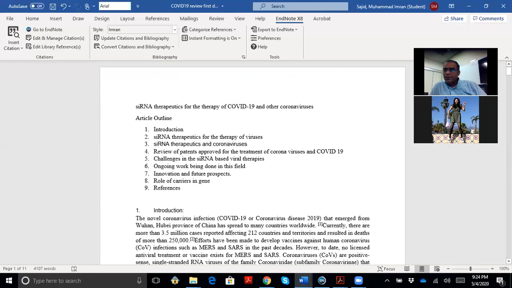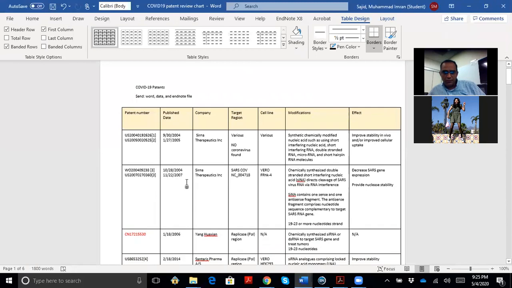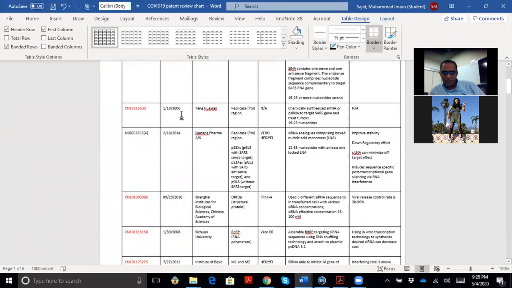So there are two things that we can do. Number one is that we can make a graph in which we see the timeline of the patents. On the x-axis you write the year, and on the y-axis the number of patents. How many patents came in what year? So maximum patents were in what year? For instance, you have this table here: 2004, 5, 4, 7, 6, 14. So there is nothing between 6 and 14, right? No, actually there is, yeah, there is.